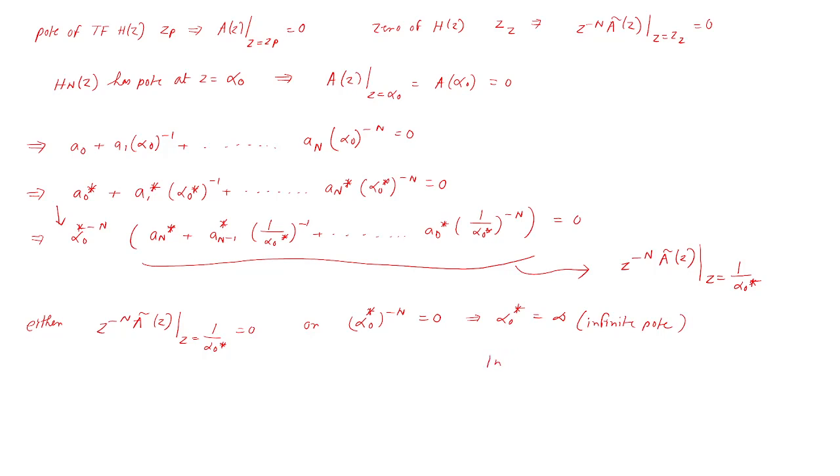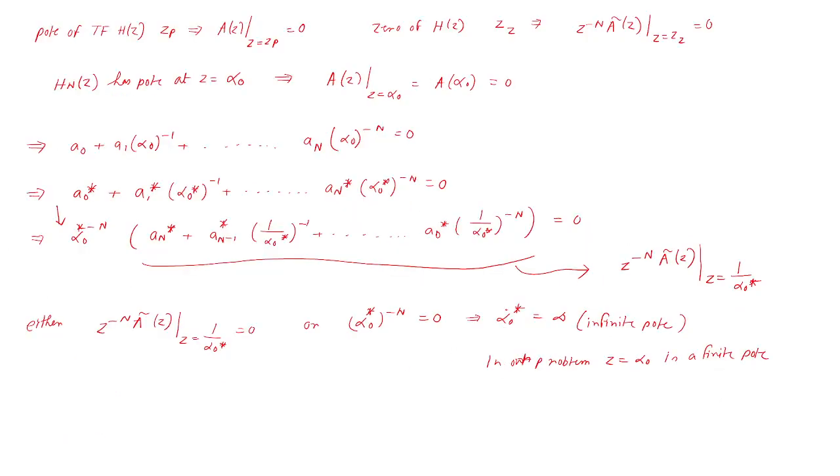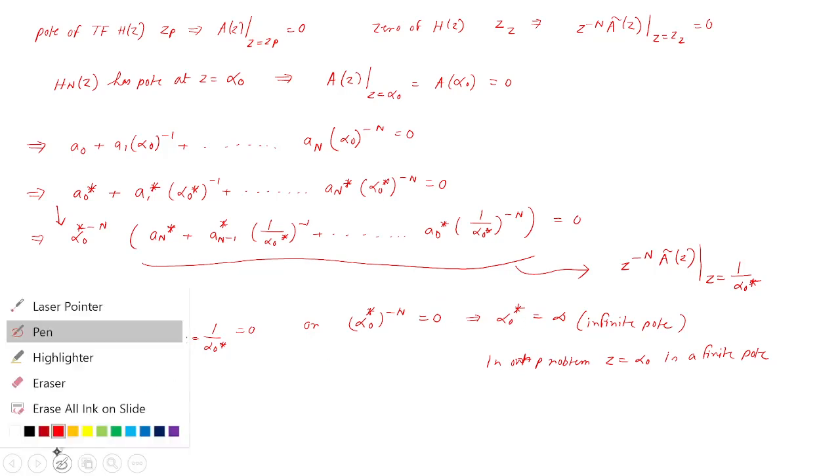In our problem, z is equal to alpha naught is a finite pole. It is given. Z is said to have a pole at alpha naught. It's a finite pole. So if this condition requires to be satisfied, this requires alpha naught, or